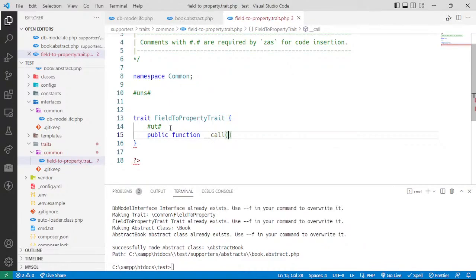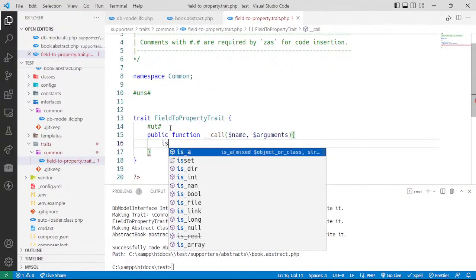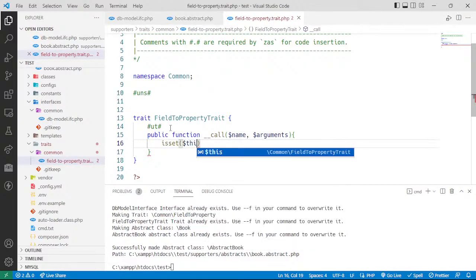So if we call something that is not there, we want to take the name and arguments, and firstly let's just check if this thing is set. This is from PHP 8, so we will say isset this